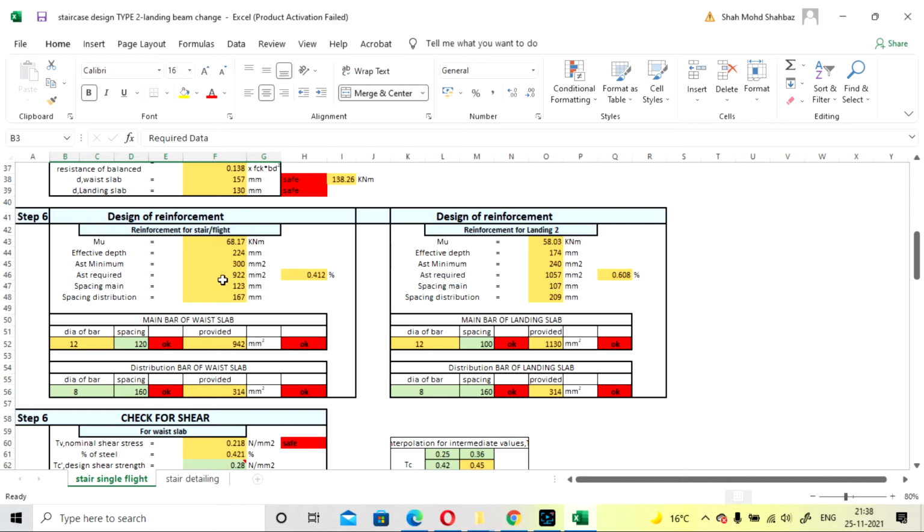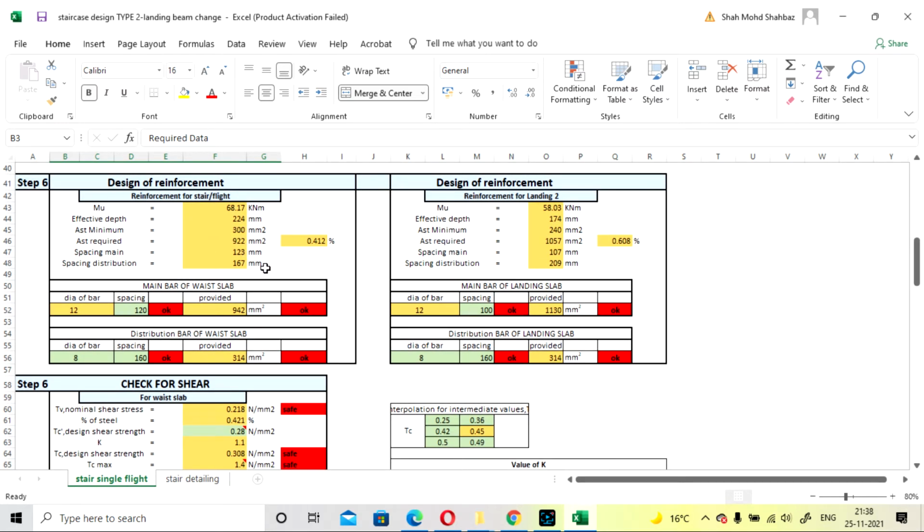If it is less than 300, you have to go with the Ast minimum. You do not have the permission to provide less than Ast minimum. Here it is 922, so we are going to design according to 922 mm² of steel.